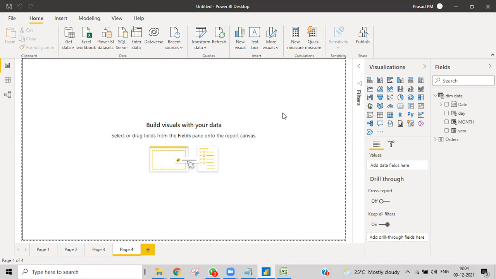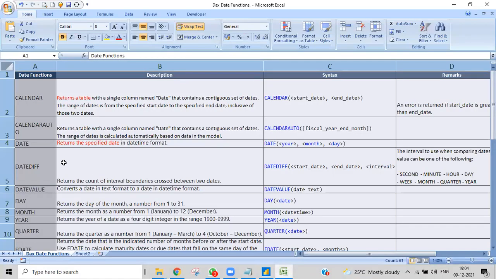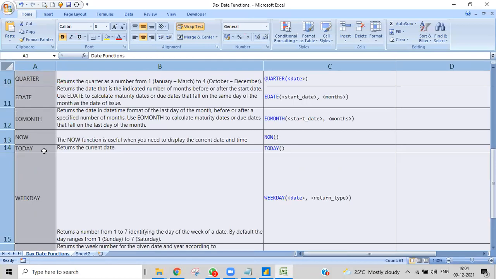Before that, I want to see today's date. So how can we do that? For that, we do have a function called today. So every day, if I give it today and then I come back again tomorrow, I'll get tomorrow's date. If I come again, I don't change this function. I'll just keep the same thing, and if I come the day after tomorrow, I'll get the day after tomorrow's date. So it will give a dynamic date. We are not going to hard code that. We are going to give the dynamic date.